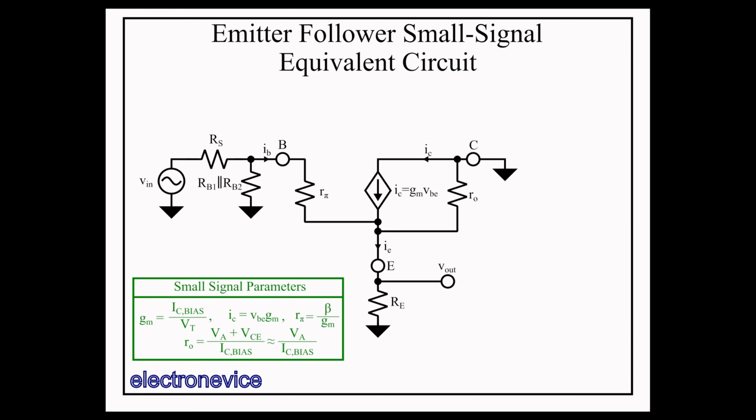Second, we'll note that the collector is grounded, which will weirdly make RO in parallel with RE, whereas before it was in parallel with RC. So we make that slight adjustment to the schematic to simplify it. Note that I call the current through this resistor combination IE prime instead of IE. The current IE prime is equal to gm VBE plus IB.